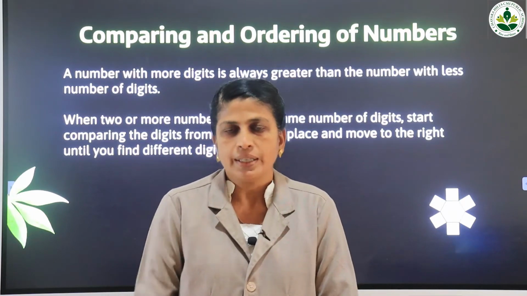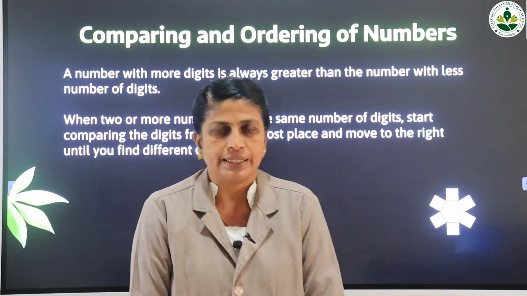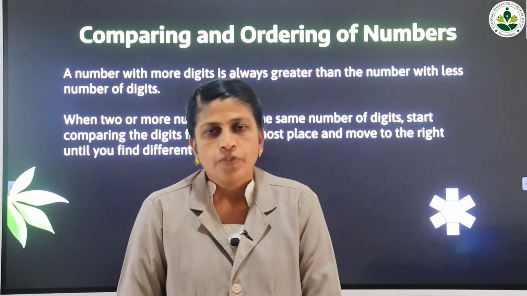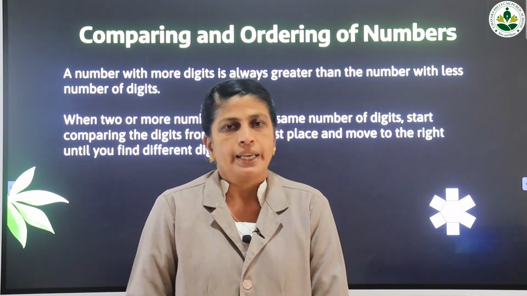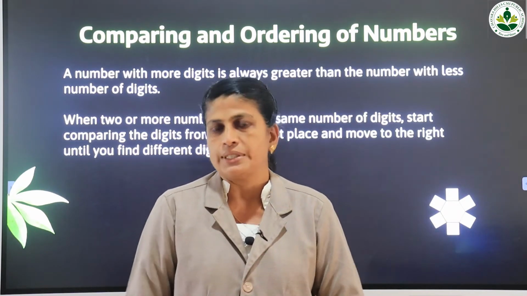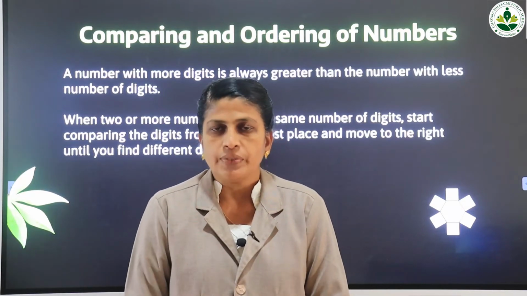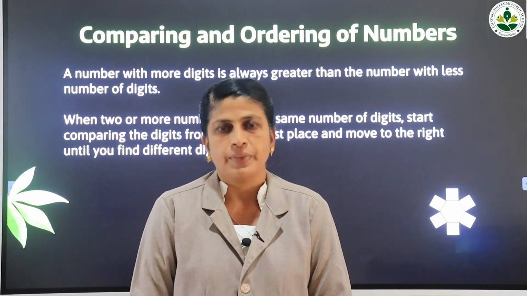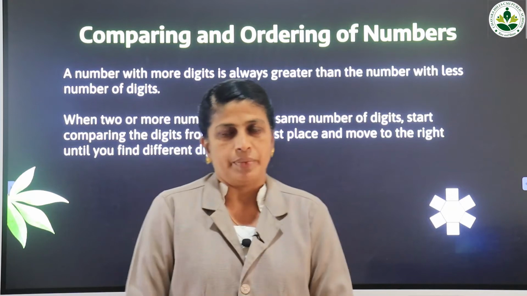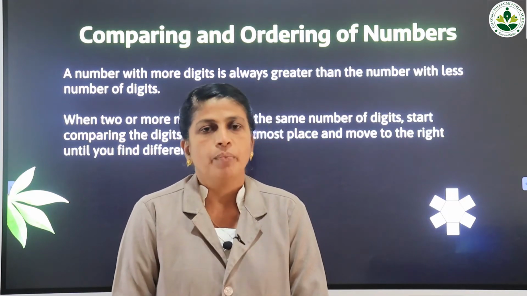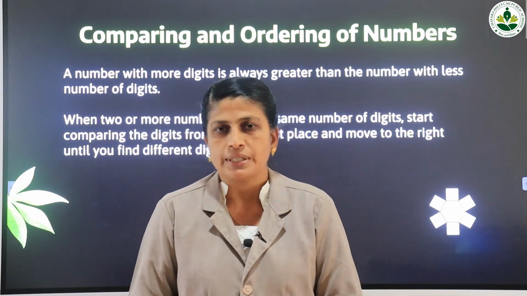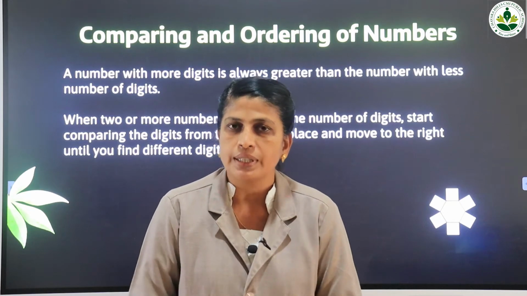In this chapter we are studying about 5-digit or 6-digit numbers, isn't it? Therefore, to compare a 5-digit or 6-digit number, first we check the number of digits in each number in the given set of numbers. The number with more digits is the bigger number. Okay. Sometimes the numbers have different numbers of digits, sometimes the numbers have the same number of digits.